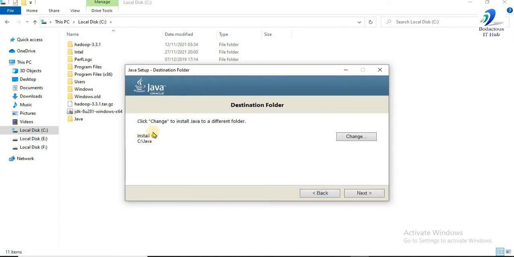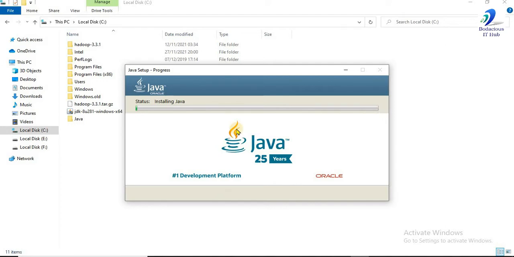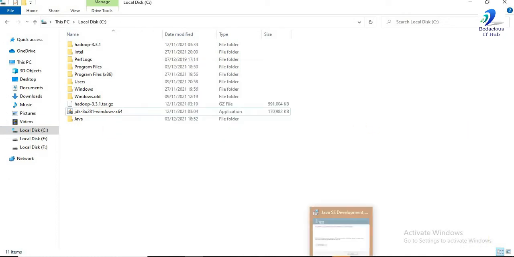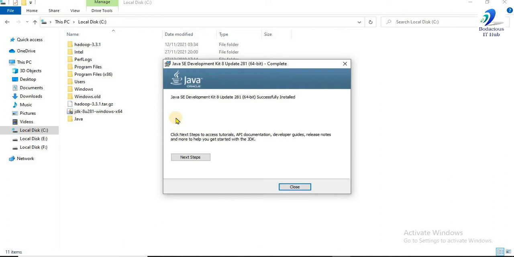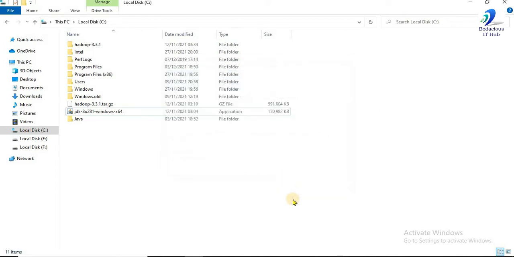Install to C Java. It should be here. Now clicking on next. It is installing. It will take some time. Now the installation is complete. We close it. Now moving to the next step.